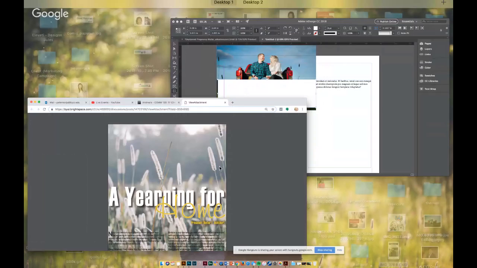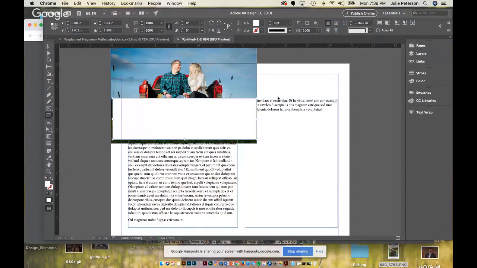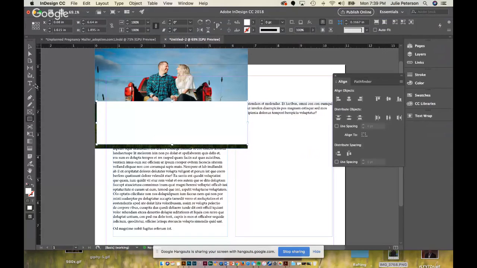So for example, let me just use the sky image. I can go in here and eyedrop my image, and it gives me all these color schemes. I can pick which one I want. Let's do that. Eyedrop, and then right here, click add these items to your swatch option. So click on that, and it adds all these colors there.